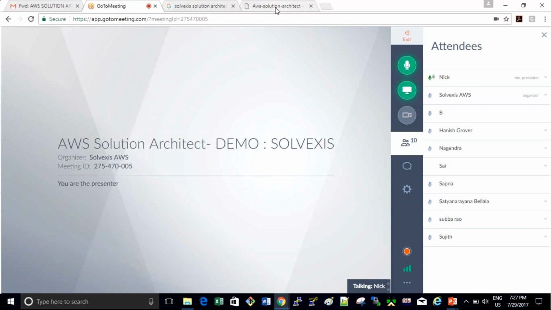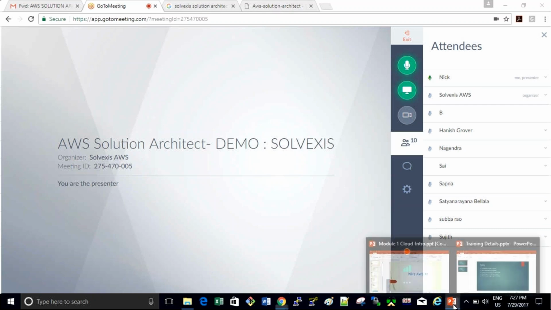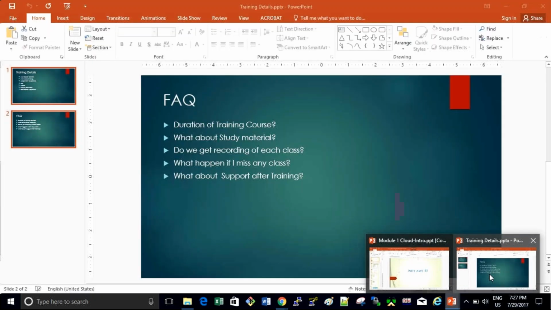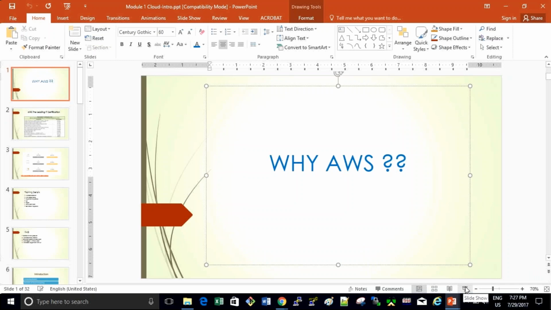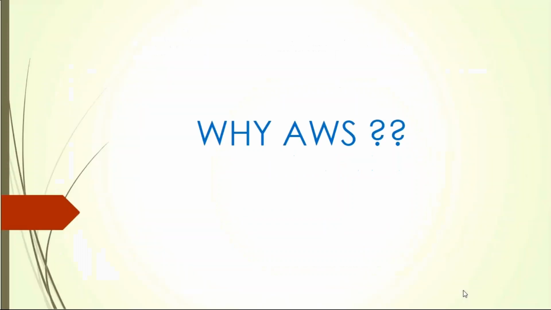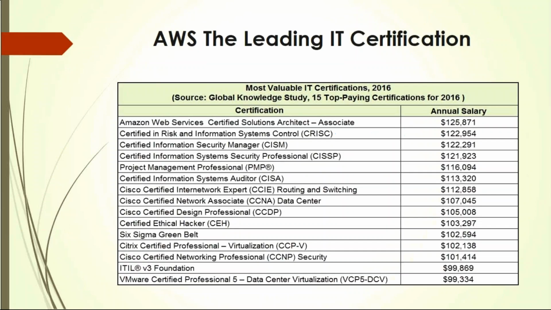Okay, so the first question is how this is going to help you guys. First, I don't want to go in depth into AWS as such. First, I want to get into why AWS, right? First and foremost, like Sujit said, he wants to learn AWS because he just completed his MS. Exactly. Now, Hanish and Satya said, I want to learn AWS because that will secure my future. And I definitely agree with them.